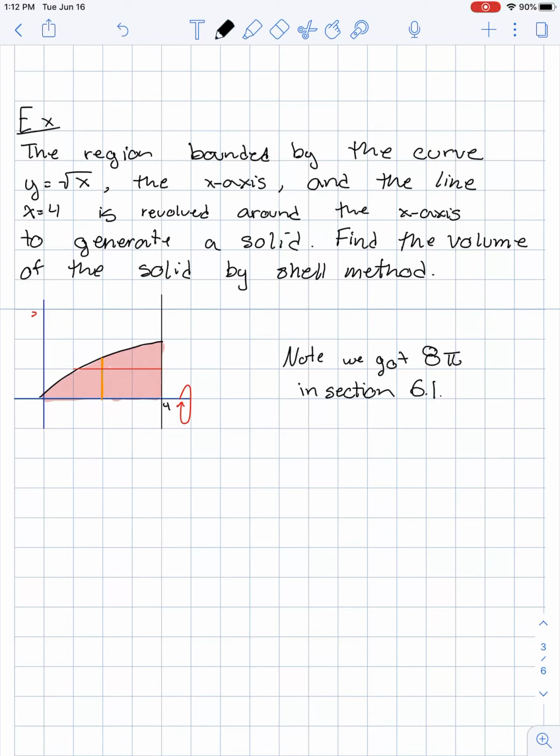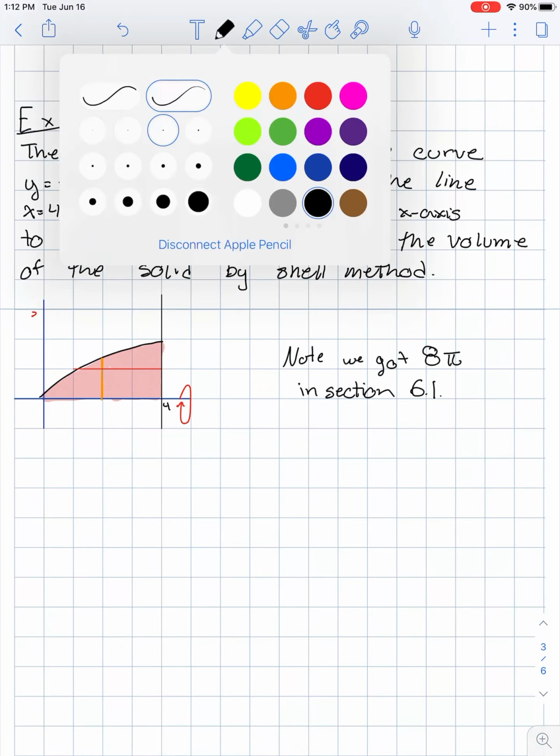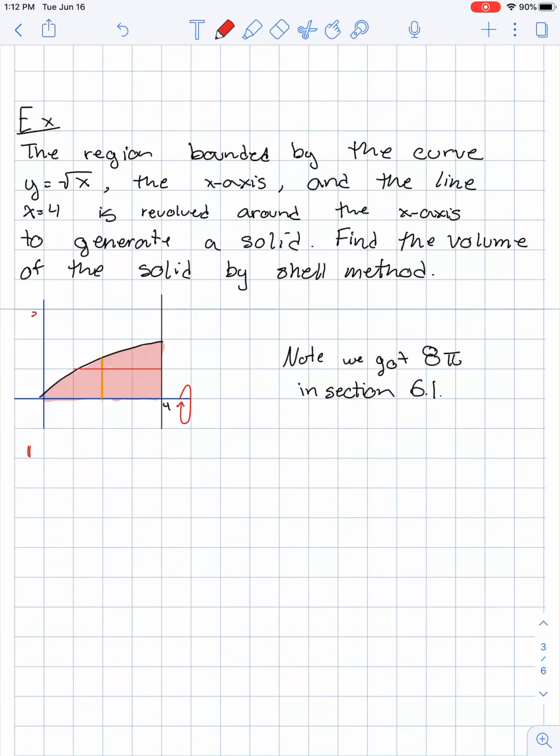So red is our height, which means the shell height is going to start at the curve and end at x equals 4. To find that length, I do end minus beginning. So I'm going to do 4 minus